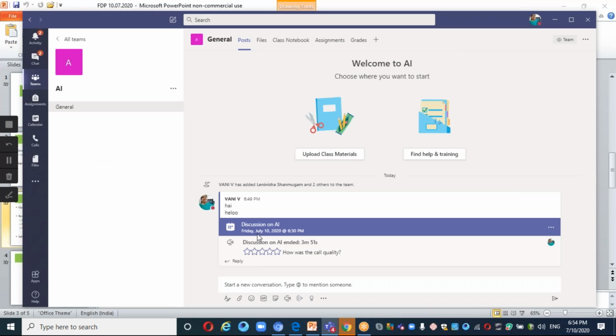I'm just back to, you can find here now. I think this window has been shared to you now. You can find that I have given some instructions for that particular meeting that has been displayed, and the discussion is on AI on Friday. The meeting has been ended. So I've told you about the calendar here now.